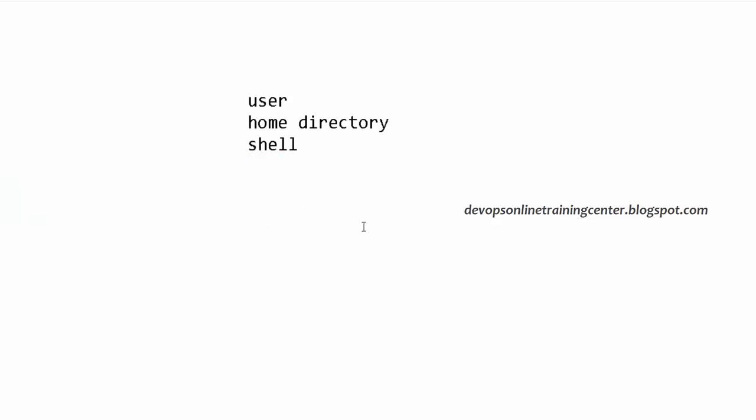So we need to provide a shell, right? And then there is an option to specify some comment also. This is optional. If we specify all these things, a user will be created, a home directory will be created, and that user will be associated with a particular shell. When we log in with that user to the machine, he will be inside his home directory, right?